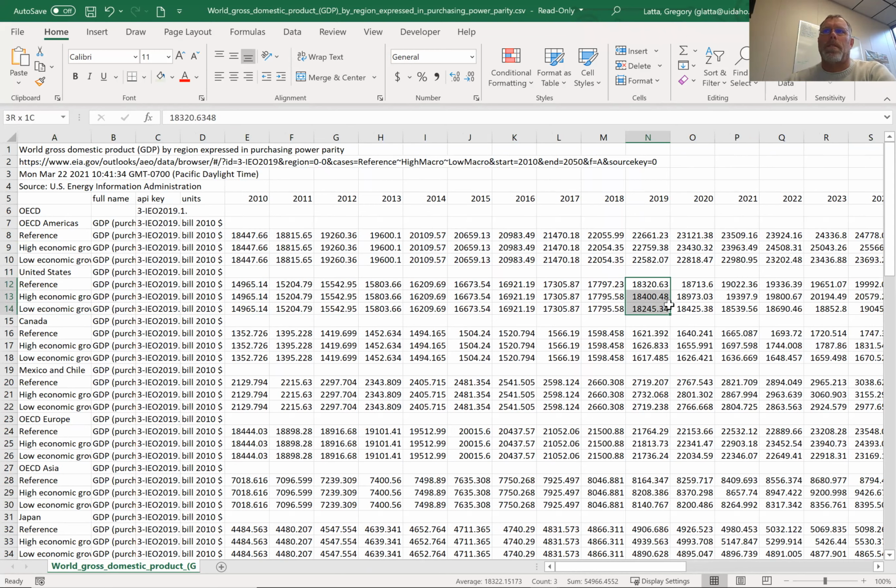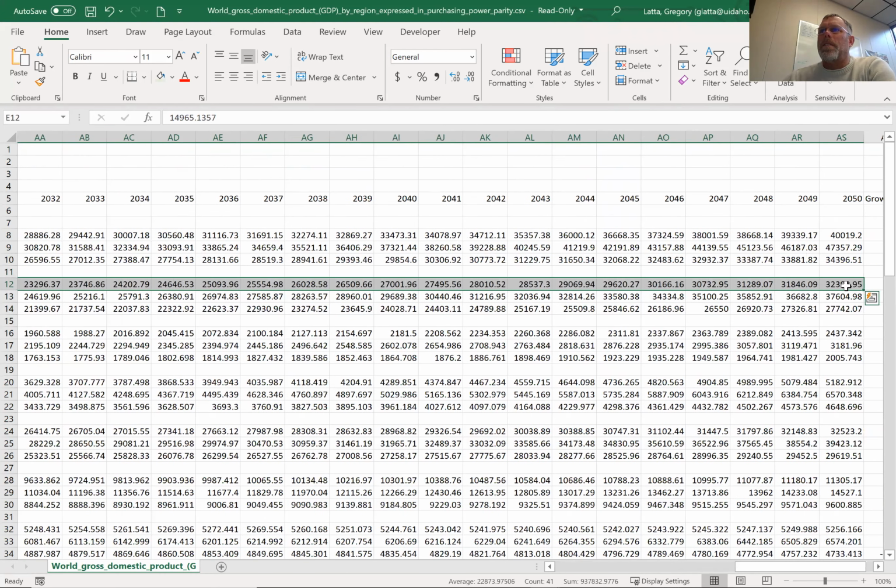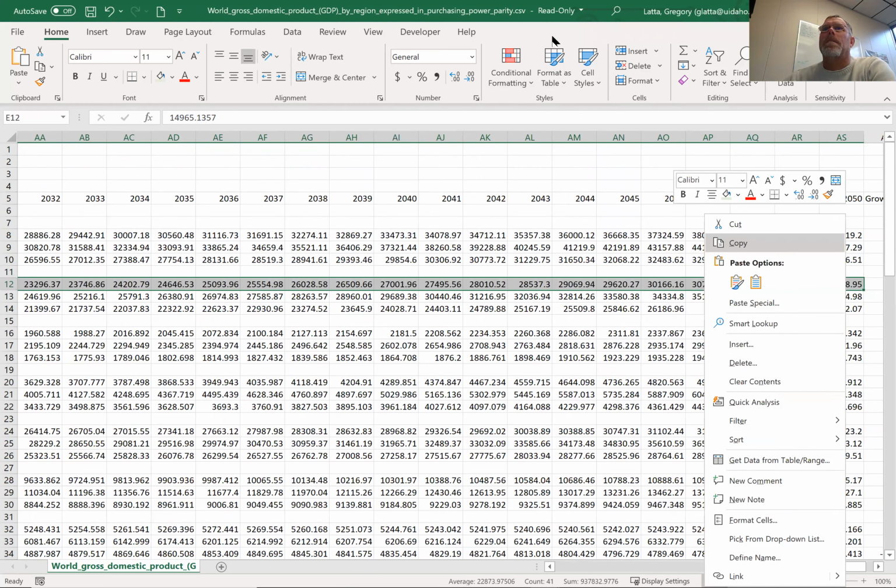Right now we're sitting somewhere in the... this is pre-COVID when they did this. As I said, they didn't do it in 2020, so we're a little off in terms of the data there. But this is the reference case. And if I grab that data from 2010 to 2050 and I copy it, I can stop share, and thanks